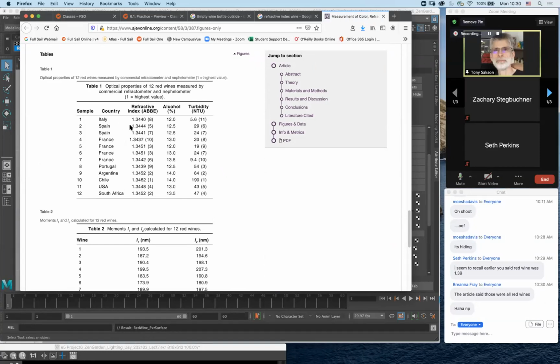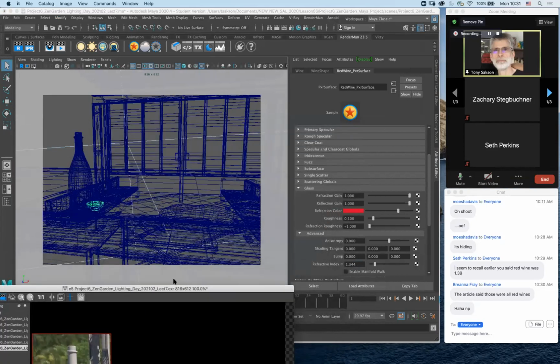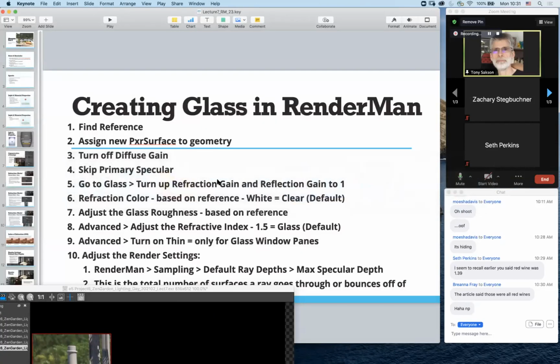Well, looks like 344 seems to be the, there's 1.343. 344 usually looks like it's probably the most common. So let's go with that. All right, so down here, 1.344. A little bit higher than water. So we found the index of refraction,